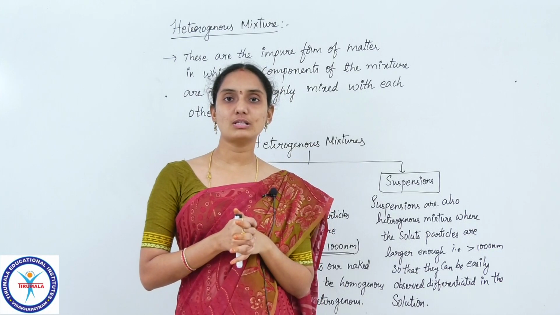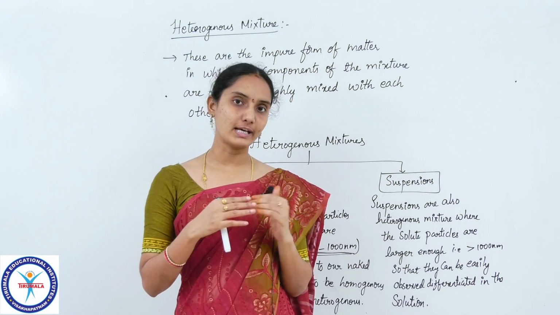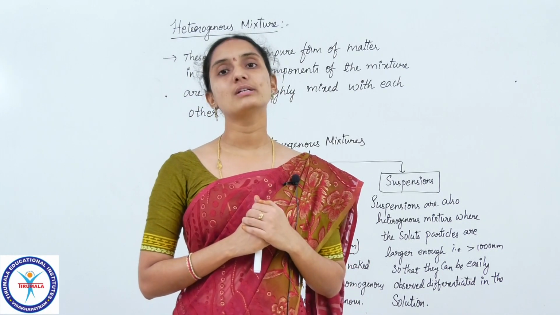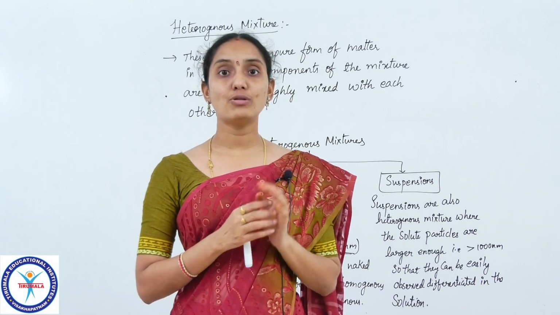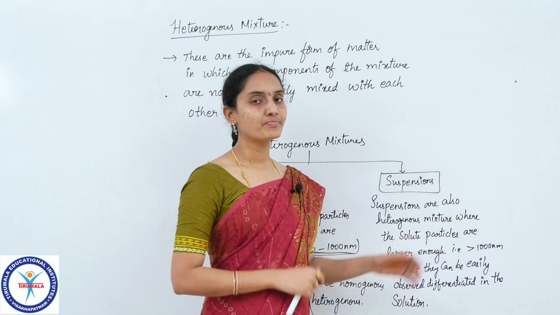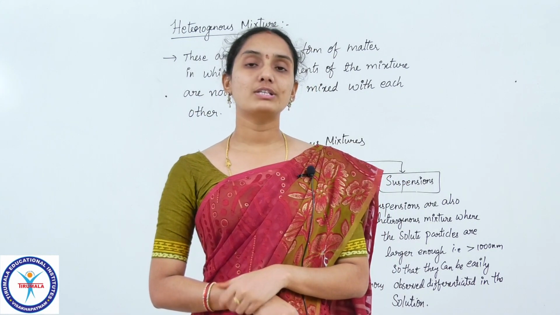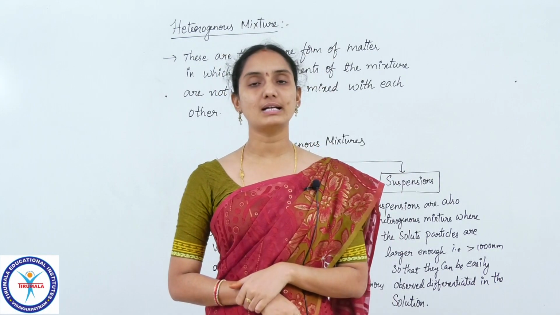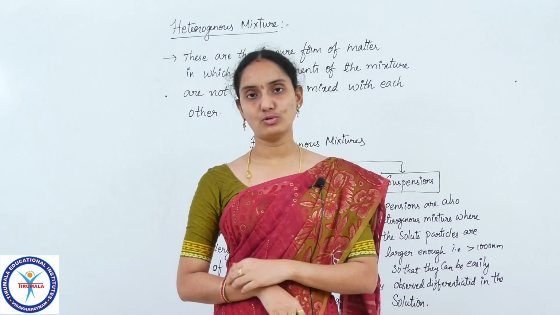Similarly, a buttermilk solution also, children, if you leave it for a while without disturbing it, will separate into two layers. Starch solution also you can take. Such a solution, where you can observe the separation of the components into two different layers when left undisturbed for some time, can be categorized as a suspension, children. So these are the two important categories of heterogeneous mixtures. They may ask you to identify different examples and categorize them into suspensions, colloids and true solutions, children.